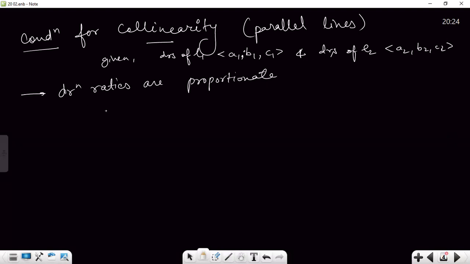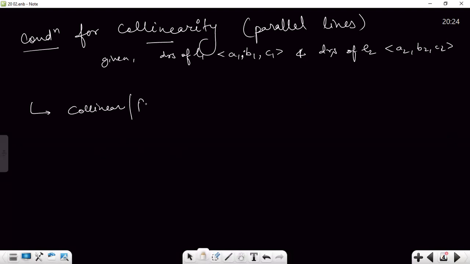If the lines are collinear or parallel lines, then A1 by A2, B1 by B2, C1 by C2 are proportionate and equal to some scalar quantity, lambda, some scalar. And if the lines are perpendicular,